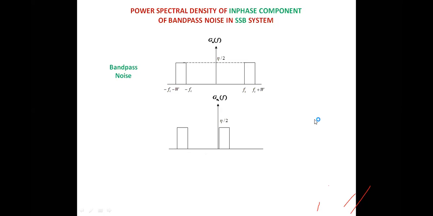You see, shifting to the left and shifting to the right. When these two are shifted to left and right, you'll be getting the central portions like this, and the power spectral density is equal to eta by 2. Is it clear now? So this is about noise power spectral densities of both